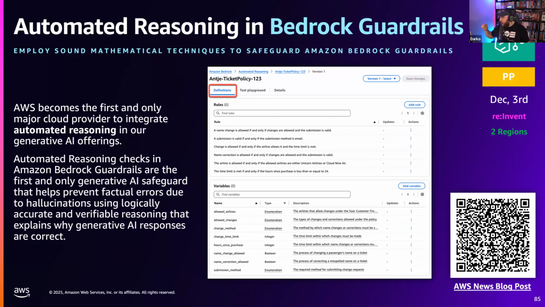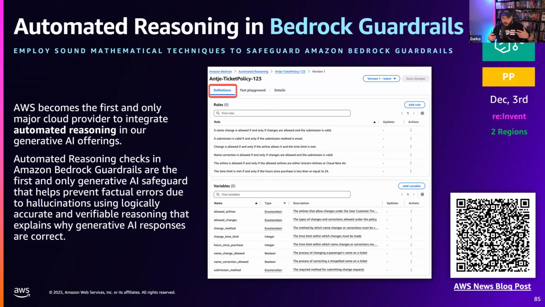Automated reasoning is actually an excellent way to create safeguards to prevent factual errors. And it basically prevents a model from hallucinating. And it does all that using math. So I'm not smart enough to tell you how it does it, but it basically uses mathematical techniques to safeguard the responses, right?